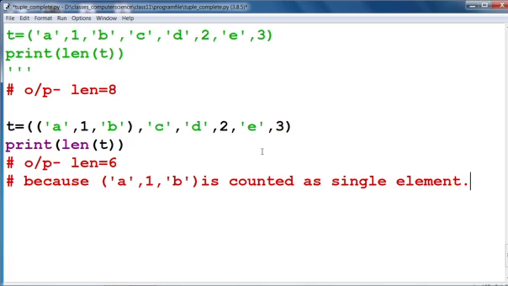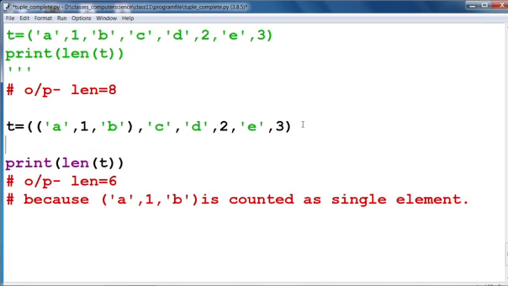So the length will be, if we take the indexing, this is at index 0, this is at first index, 2, 3, 4 and 5. This is the index of this tuple. So we can see that the number of elements is 0 to 5, that means 6.